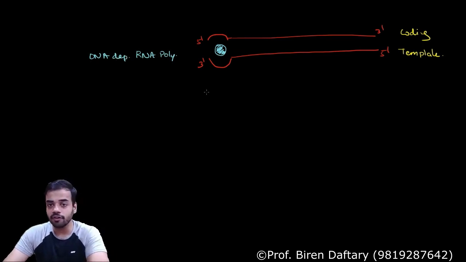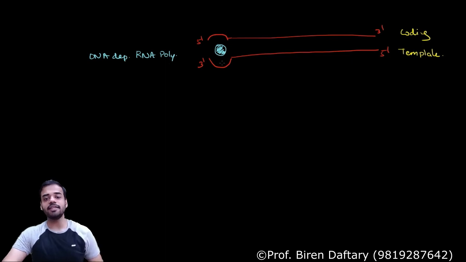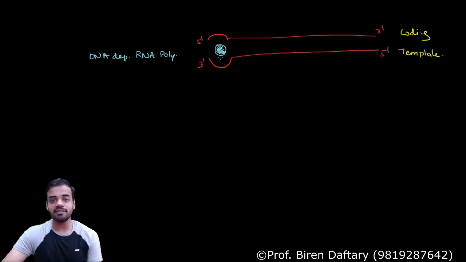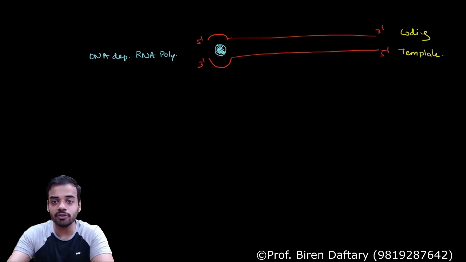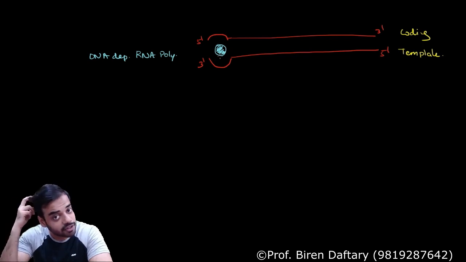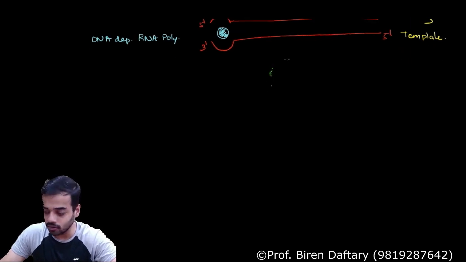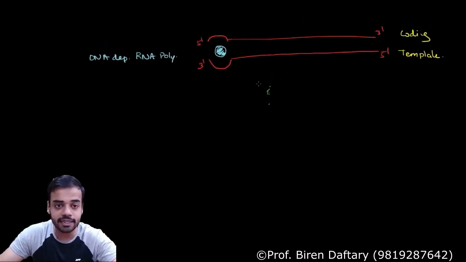Clear? Okay, now if I am forming an mRNA, which RNA polymerase will I use? I will use RNA polymerase 2. You remember that order: 1 2 3 RMT. Now what is going to happen is, when the DNA dependent RNA polymerase attaches over here, the hydrogen bonds between these two strands break only in this area, and this RNA polymerase will take the nucleotides. What will the nucleotides be called? The nucleotides will be called RNTPs. Please remember this.